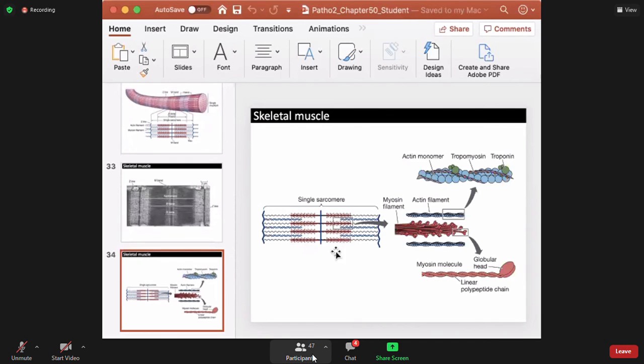So all of this is done because of all these individual components. And these individual components are important, because troponin is important to manipulate tropomyosin, and tropomyosin is important to manipulate the action of myosin. Okay, so